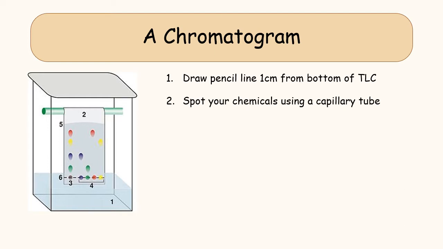You then spot your chemicals. So use a capillary tube. Capillary tube just means a really thin tube, similar to the one you would use in a melting point apparatus. You suck your compound up into that tube, and you don't actually need to suck if you just place the tube inside of it. Some compound will naturally suck up through something called capillary action. Then you gently spot that, so lower it onto the line, and compound will actually come out and form a